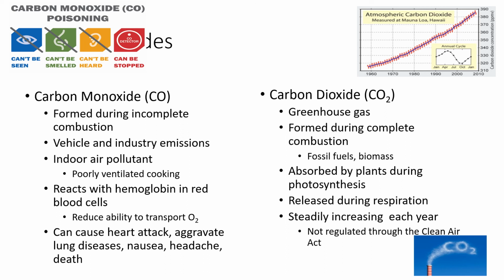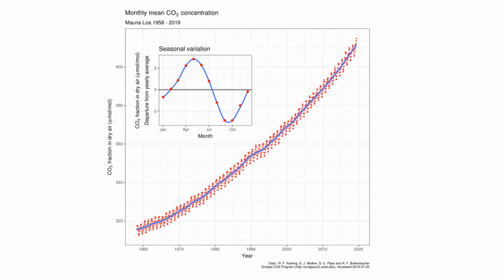And carbon dioxide's been increasing because, like I said, it's not regulated through the Clean Air Act. And here is this very familiar graph. Hopefully at this point, right, the trend in carbon dioxide as we've been going forward since the 1960s. Carbon dioxide has been increasing a lot. And there's this seasonal variation because of the seasonal change, right? There's more photosynthesis happening